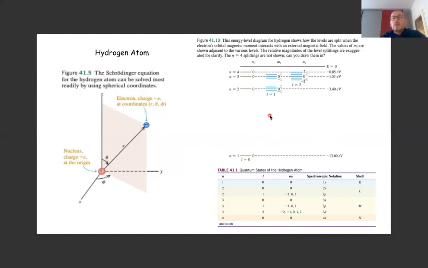So let's see how it works here. For example, in n equals 1, only the L equals 0 value is possible. Okay. So this L value was labeled as an S state. L equals 0 means S, L equals 1 means P, L equals 2 means D, and so on. Okay, and so we can use a way of labeling each of these states, which is